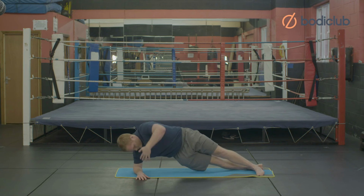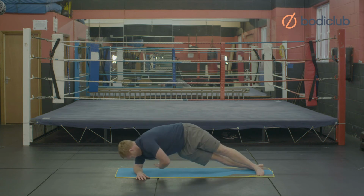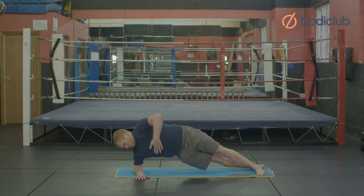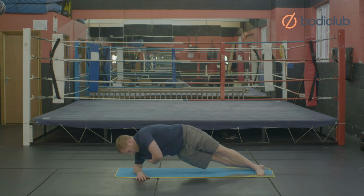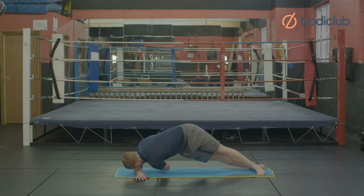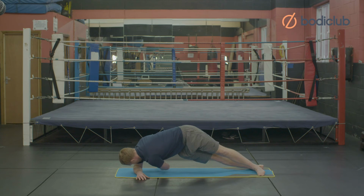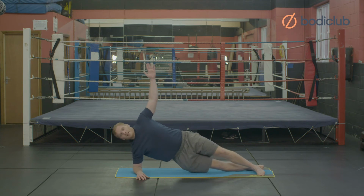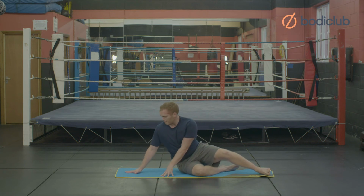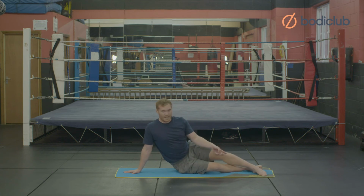There might be a tendency to drop the hip as you come back through the center, so really keep it lifted. Really rotating as far through as you can. And one more rep. Excellent, and then down. Coming up onto the palms, spread the fingers, push down through the shoulder, stagger the feet,